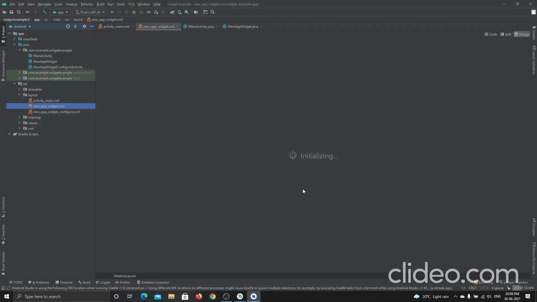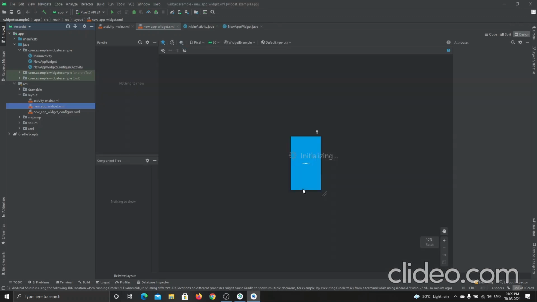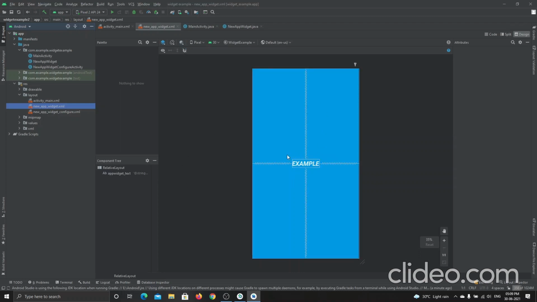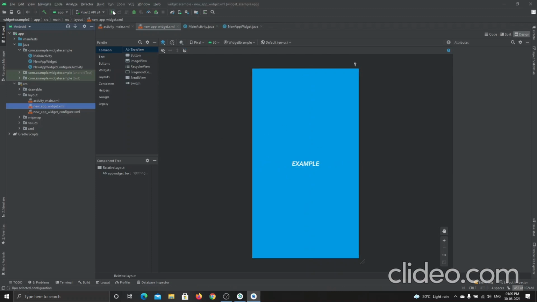Let's wait for a second. See, this will be the application. Okay, let me show you how it looks. I didn't configure anything. Let me show you how this layout works. Okay, let me launch this application now. I have not edited any of the code inside this application.